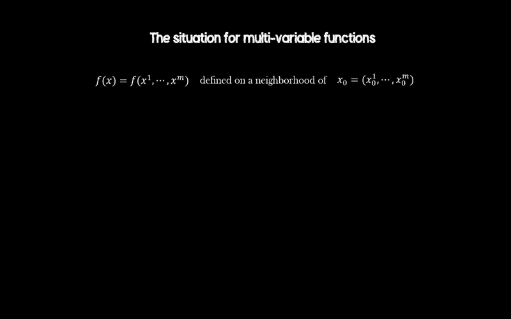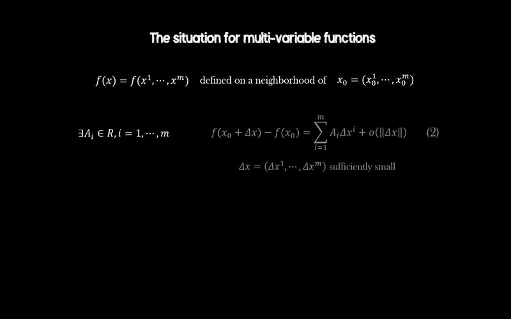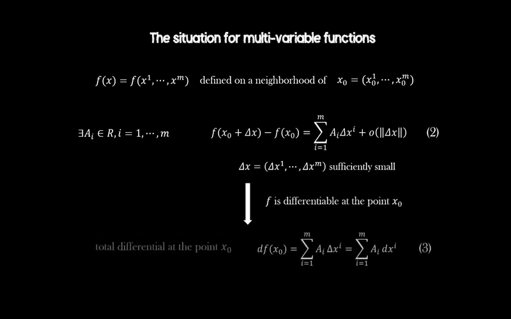Set a function of m variables f(x) equals f(x1, until xm), which is defined on a neighborhood of the point x0 equals (x01, until x0m). If there exist a_i in R, i goes from 1 to m, for delta x equals (delta x1, until delta xm) sufficiently small, we have formula 2, then we can say that function f is differentiable at the point x0, and we name this as the total differential at x0, which can be marked by formula 3,